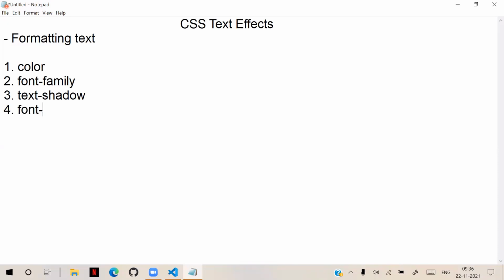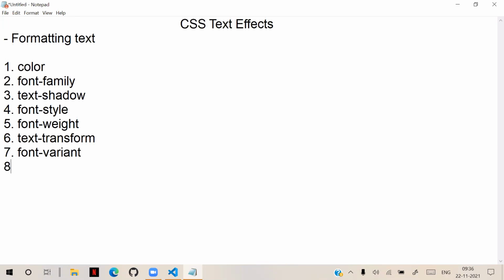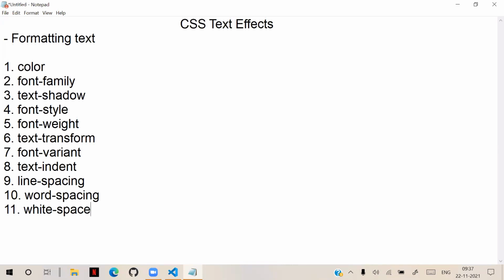We have font style, font weight, text transform, font variant, and text indent, line spacing, word spacing, white space, text overflow,